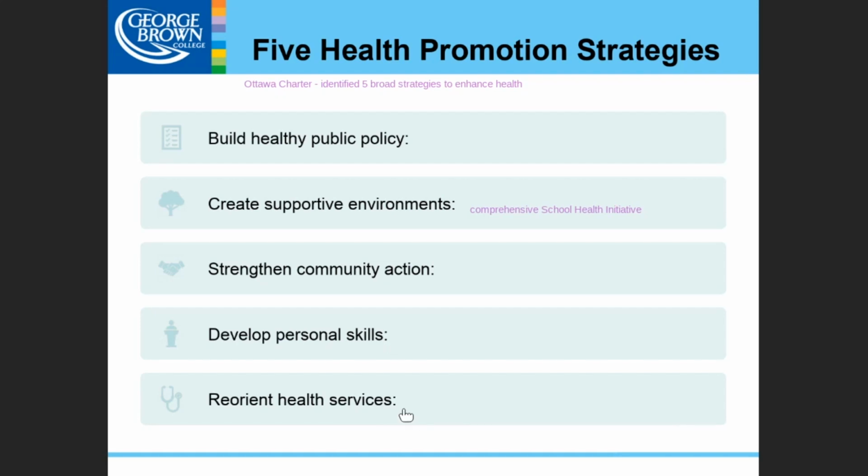And then the fifth health promotion strategy outlined by the Ottawa Charter is to reorient health services. That strategy shifts the emphasis from treating disease to improving health and making the healthcare system more efficient and effective. An example would be advocating for more primary healthcare clinics in, say, rural areas, or just creating more primary healthcare access in general. So people all have access to, say, a general practitioner they can visit as opposed to visiting the hospital. That is more efficient, and it really helps